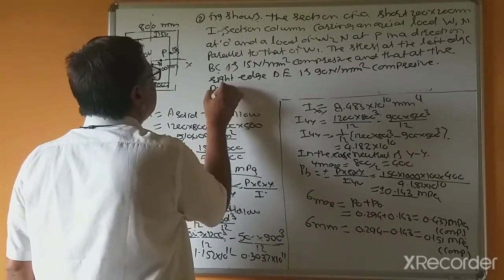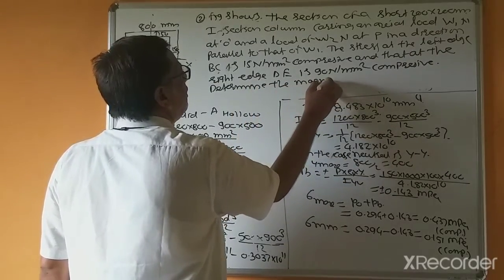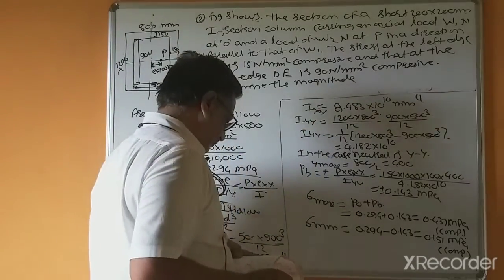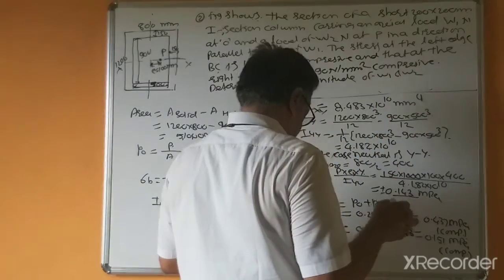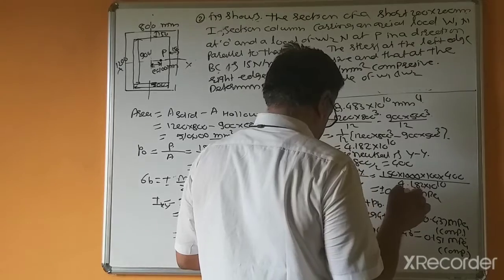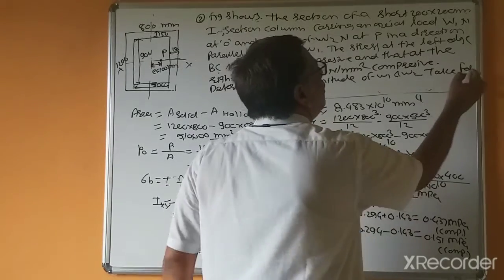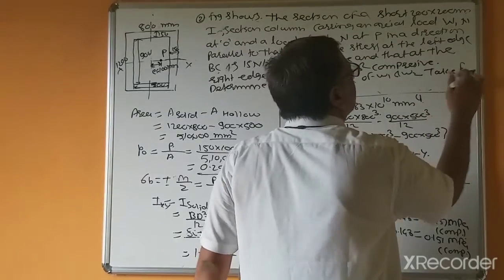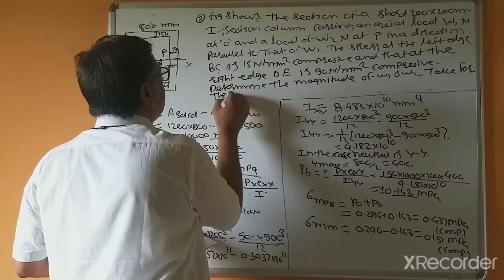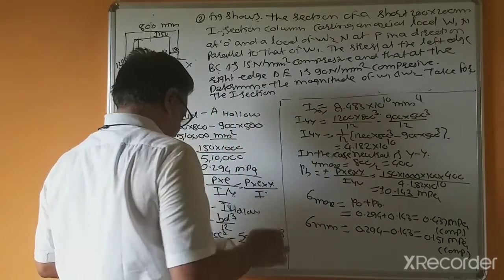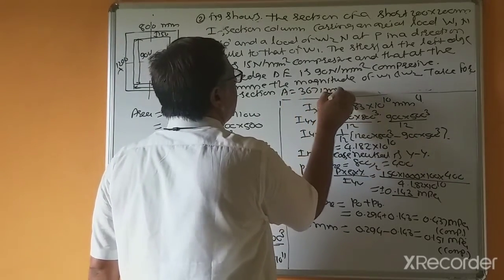Determine the magnitude of W1 and W2. Take for the I section area equal to 3671 mm square and